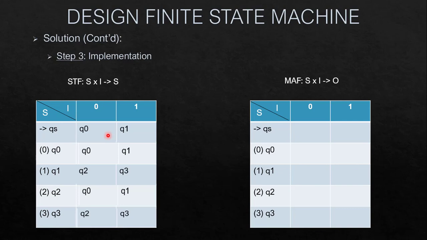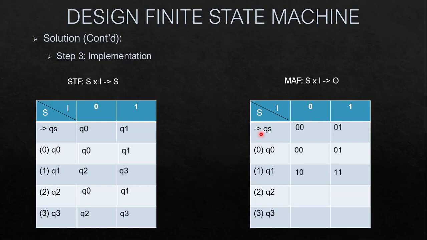Now let's see how our MAF table is going to be designed. Here the change is that instead of Y and N, wherever the state is representing a remainder, the remainder will get generated as output in our MAF. So let's see. For Q0, 0 is the remainder and for Q1, 1 is the remainder that is represented by our states. So respectively, 00 and 01 from QS will be generated if the first input digit is 0 or 1. Then we again will have 00 and 01.